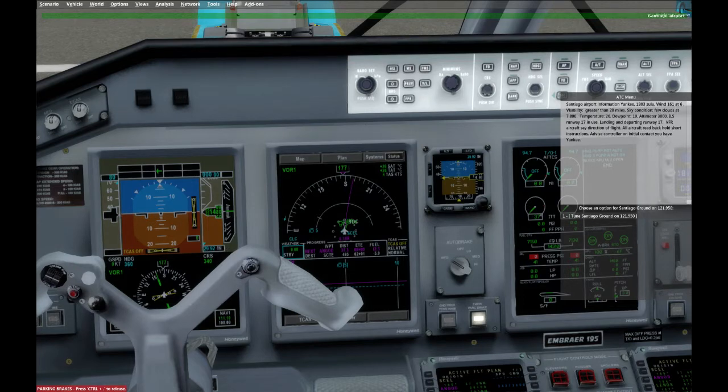Santiago airport information. Yankee 17. 1030, wind 161 at 6. Visibility greater than 20 miles. Sky conditions few cloud at 7,800. Temperature 2,